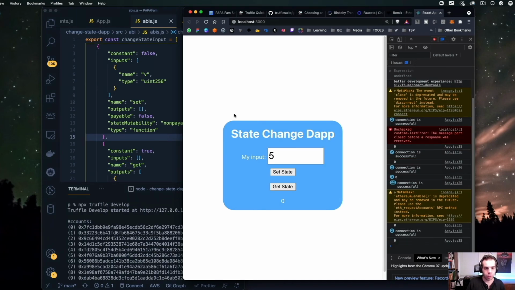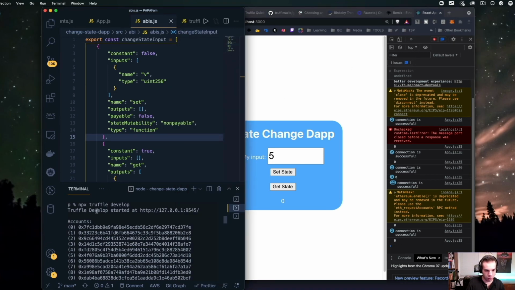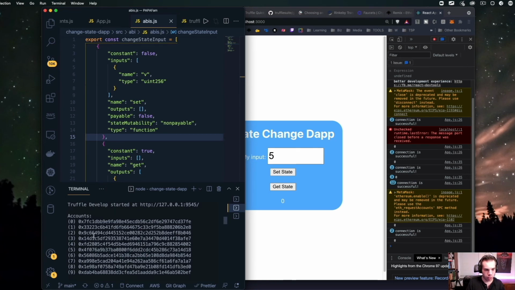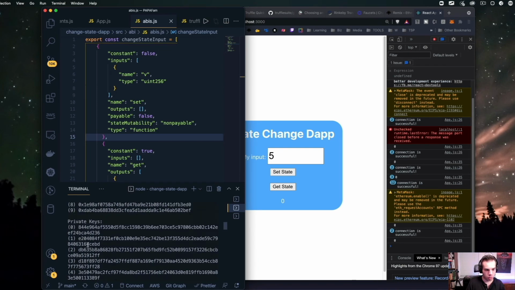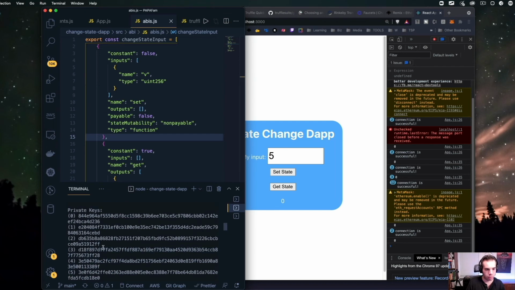So I'm going to show you how to install one of the wallets into MetaMask so that we can write data to the blockchain, because it's fun to read it, but let's actually add an account to write something to it. So I'm going to take one of these accounts. When I did npx truffle develop, it provisioned those 10 accounts for us. So I'll pick this one. It exports the seed phrase as well as the address.